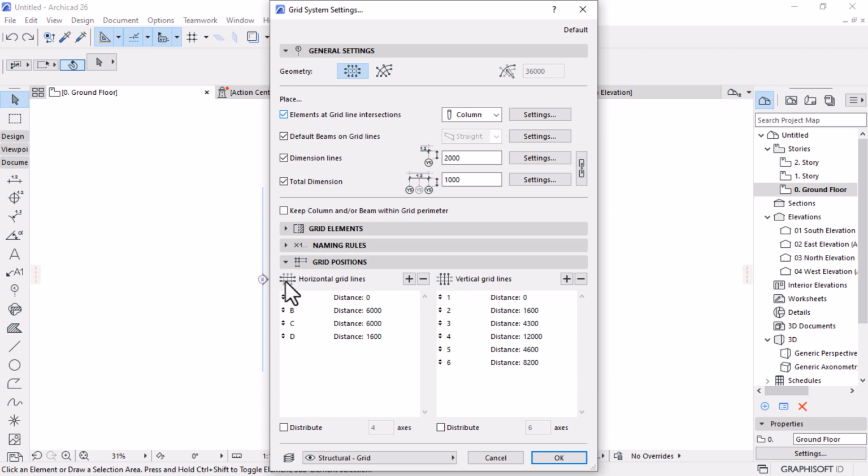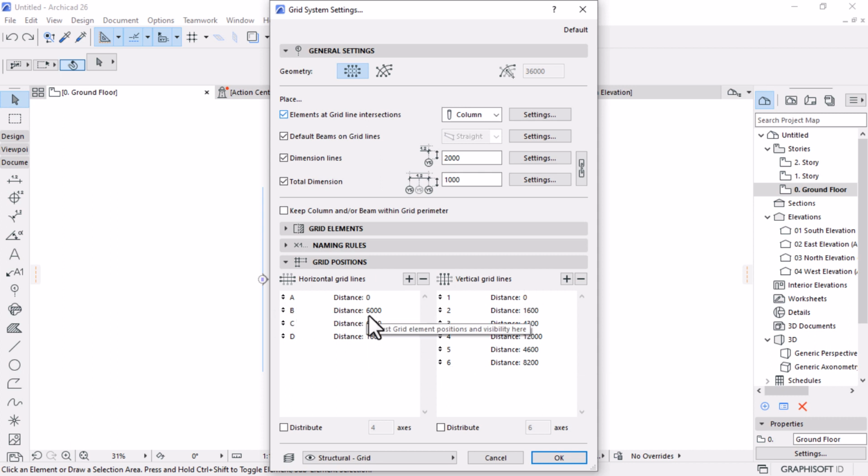So I have horizontal grid lines this side and then vertical grid lines this side. In most cases, you come at this section having all the distances in mind, and then it's just upon you to key in these dimensions. For this case, I would have the number of horizontal grid lines to be 4, vertical to be 6,